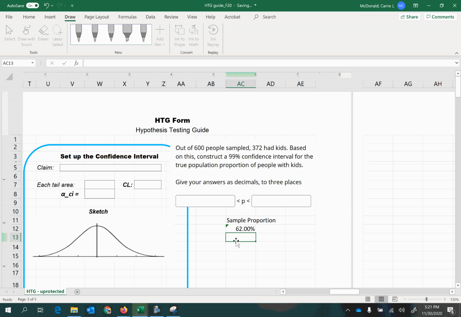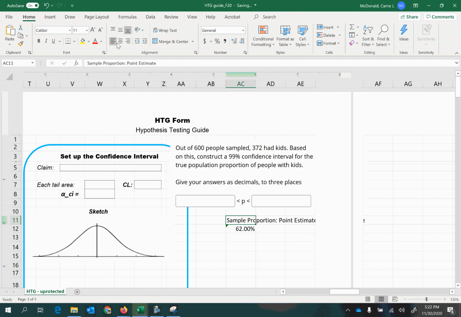So what we can do, if we only have one set of sample information and we want to get a better feel for what the true population proportion is, we can use probability to estimate not just one point, but an interval of possibilities for the true population proportion. And so that's what we're going to do. We're going to take our sample proportion, also known as our point estimate, and we are going to use that to create an interval estimate.